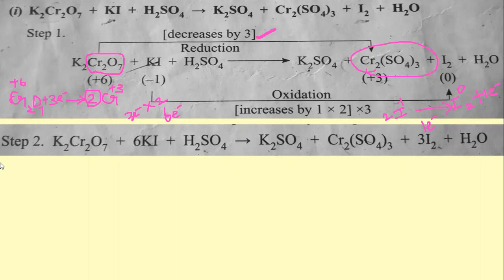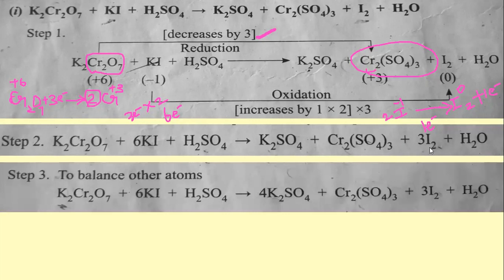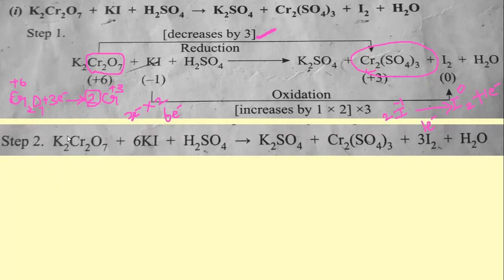Okay, so now we have to balance this potassium, chromium, iodine. See here in the reactant side we have 6 iodine, whereas in the product side only 2 iodine. So simply I am going to multiply it with 3, which means we get 6 iodine. That gets balanced. So now potassium also will get balanced, 2 potassium, and here you see 2 potassium. And now we have to check for the remaining in the next step.